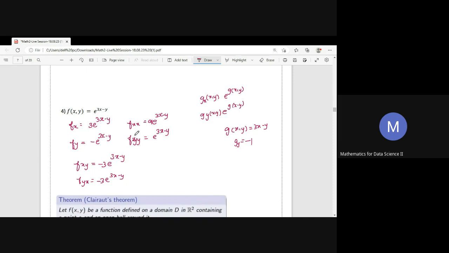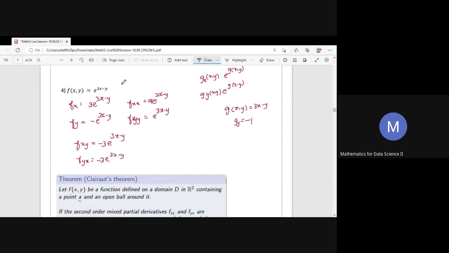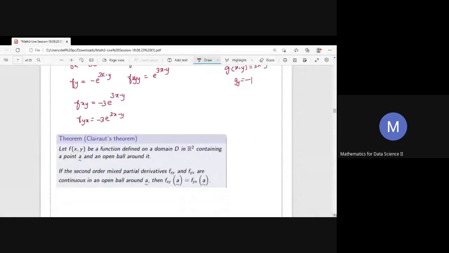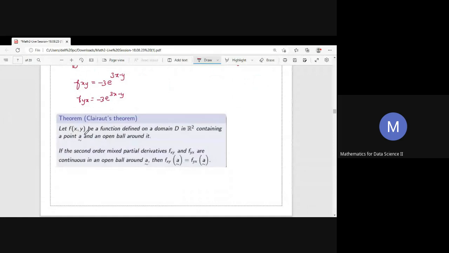repeatedly. Okay. So when we go to higher order partial derivatives, remind me to come back to this problem. Some specific type of questions can be asked from this kind of problem. So I will tell it when you are looking at higher orders, maybe 3 or more. Okay. So before that, let f of x comma y be a function defined on a domain D in R2,